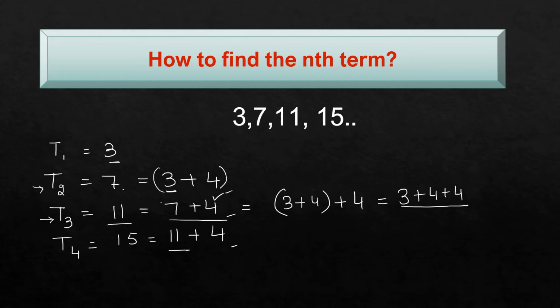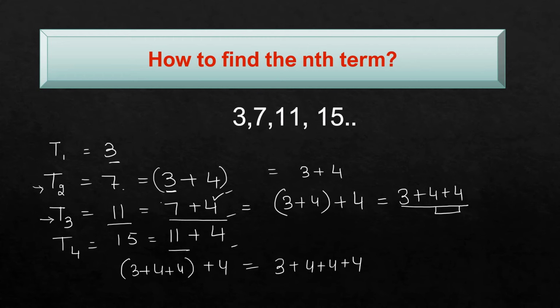Okay, so let's write over here. So 3 plus 4 plus 4, which is 11, plus 4. So you see it is 3 plus 4 plus 4 plus 4. Okay, so now let's rewrite. So this is 3 plus 4. But here the 4 is appearing 2 times. Remember, repeated addition is nothing but the multiplication. So since it's appearing 2 times, instead I can write 3 plus 2 times 4. And over here the 4 is appearing 3 times. So I can write 3 plus 3 times 4.